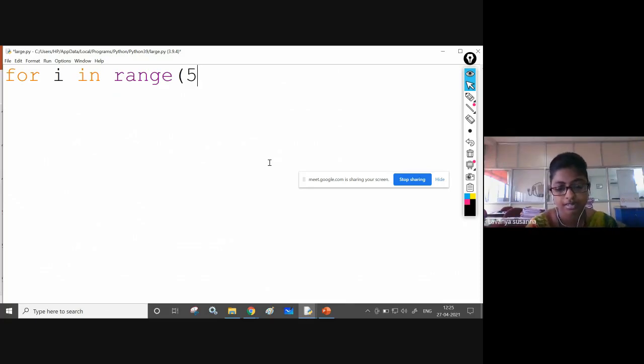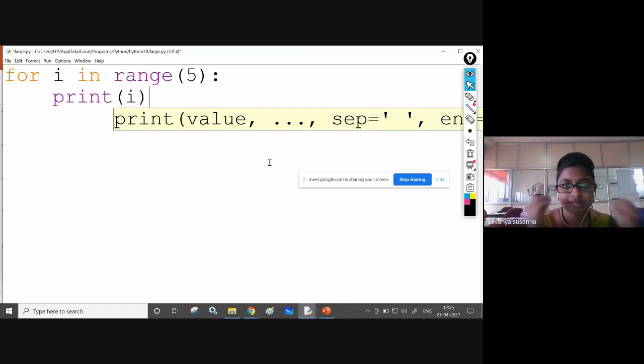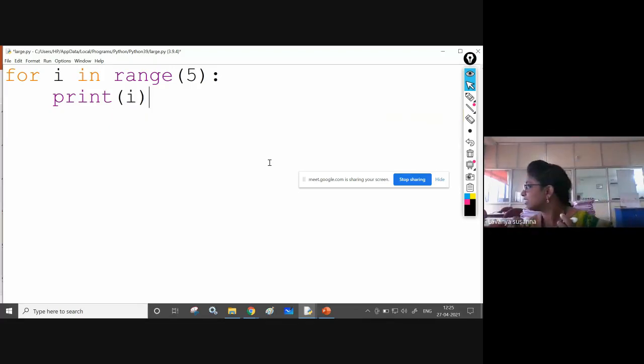You will understand at that time. Range of 5, colon, you need to give a colon. Print i. Okay, now see, I'm executing it.